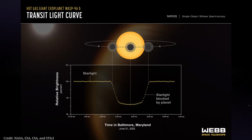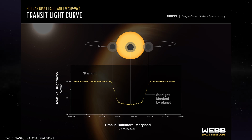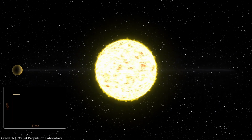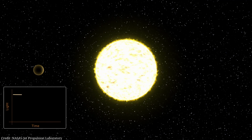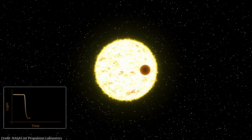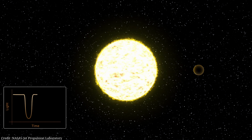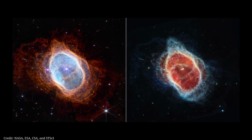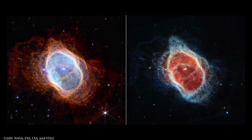There is also a transit light curve released of this planet. It tells us about the change in brightness of the host star when a planet passes around it. This can tell us about the mass, diameter, and orbit of the exoplanet and would be really helpful for currently unknown exoplanets. At last, we have the Southern Ring Nebula, which was formed when a star died in a supernova